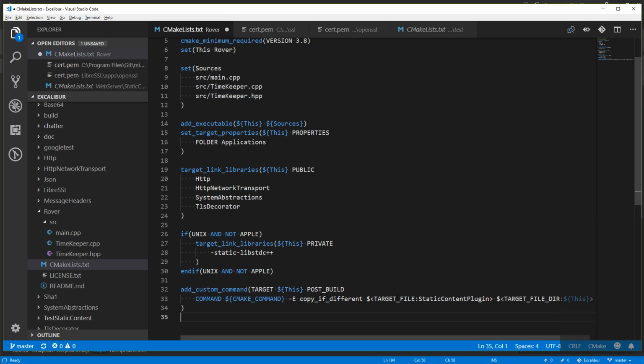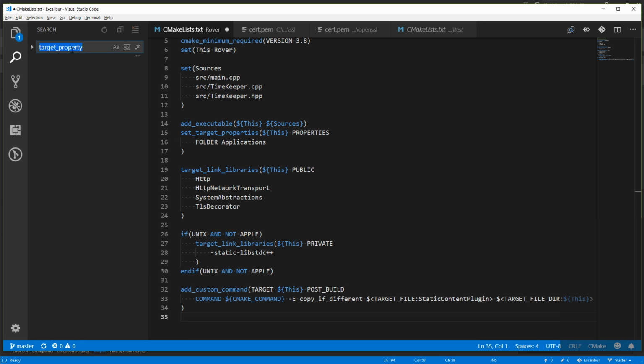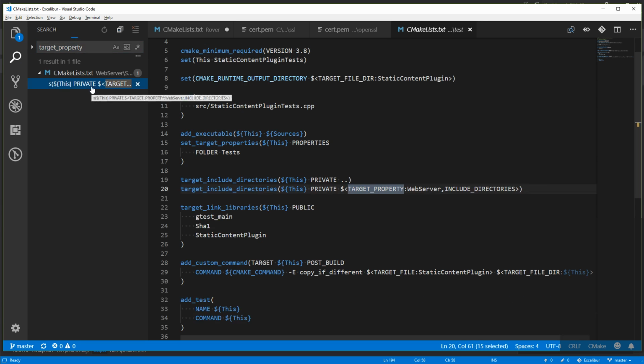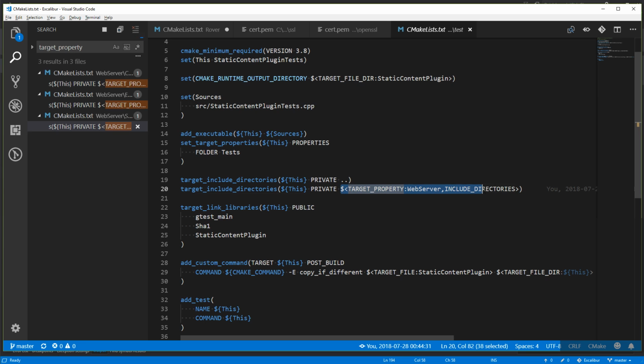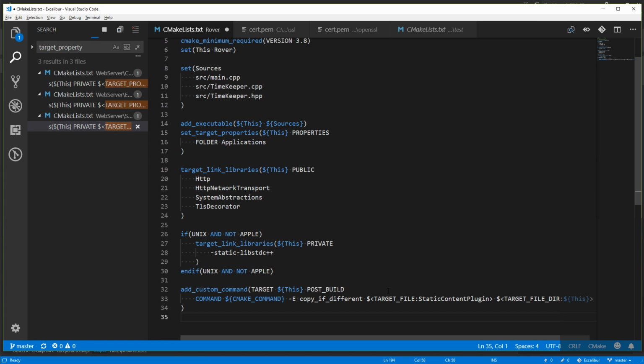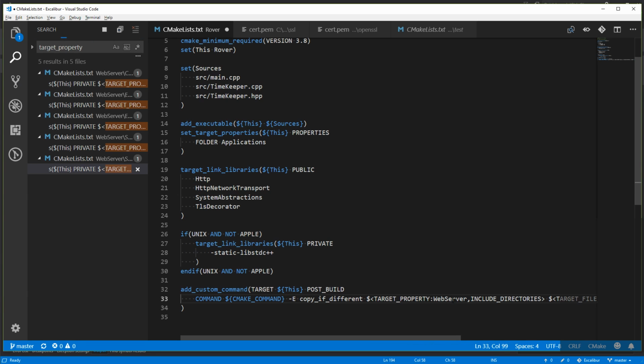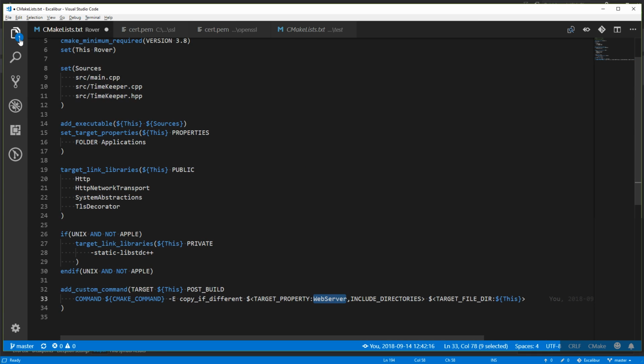I think what I want is a target property of LibreSSL to get its source path. So I find that target property. Looks like I searched for this before. Yeah, I want this kind of a generator thing. Like this. Not TLS? Not TLS. It's